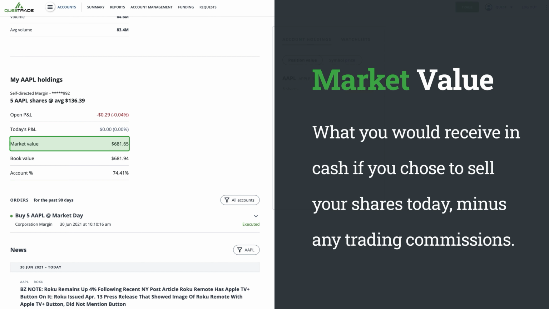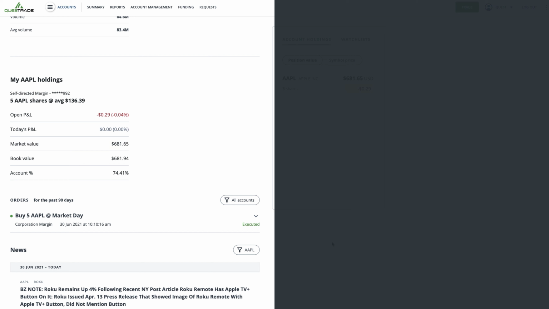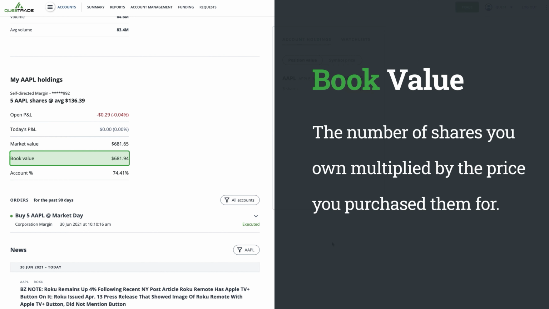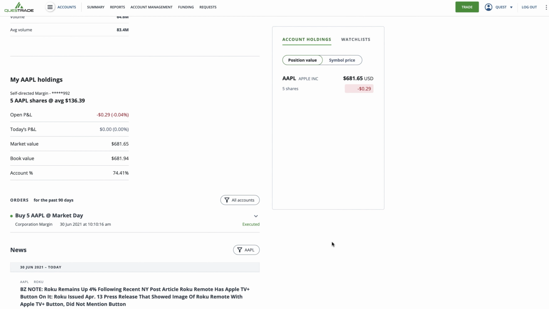Market value shows what you'd receive in cash if you chose to sell your shares today, minus any trading commissions, that is. On the other hand, book value is the number of shares you own multiplied by the price you purchased them for. Then, there's account percentage, which shows the percentage that this stock or ETF's market value makes up